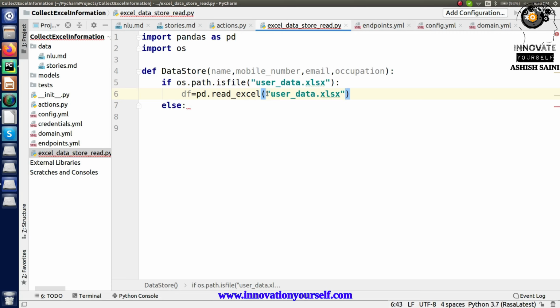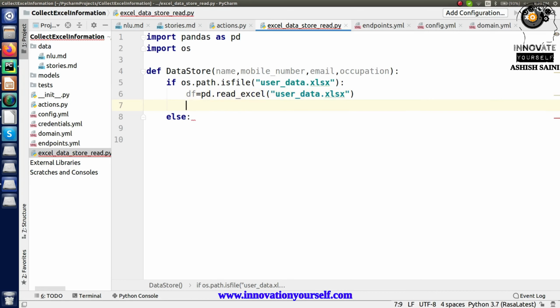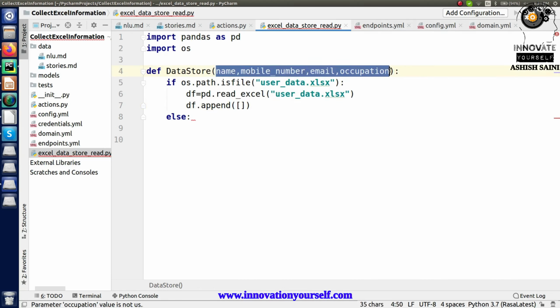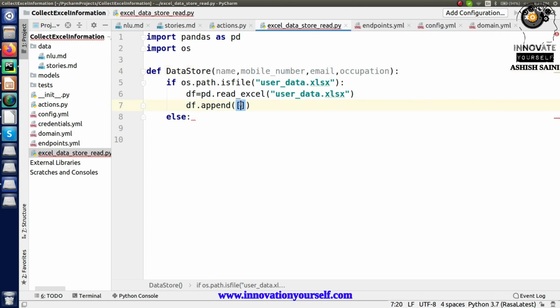So whatever data you have, you will directly collect it, and after that whatever information you get in here, you will directly use it like df dot, in here just mention, and the values will be coming from here, just copy it and paste it here, right? So these are the 4 different values that you will be adding to your existing data frame, or let's say to your existing file which you have with you.